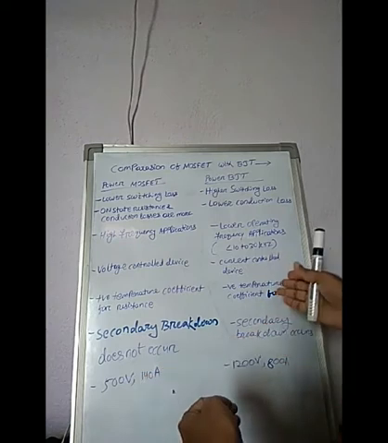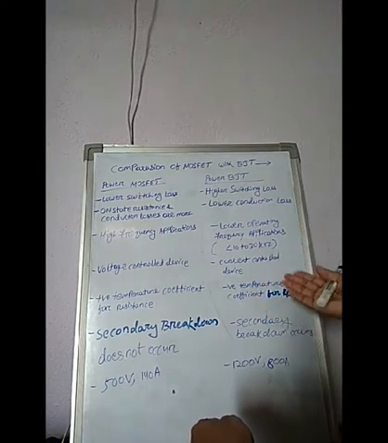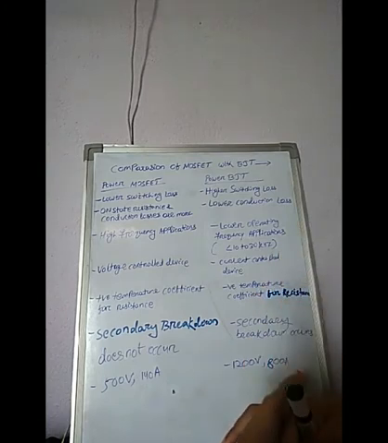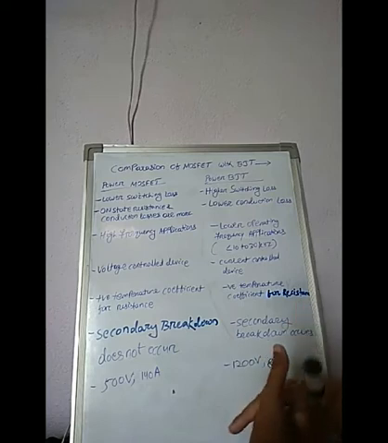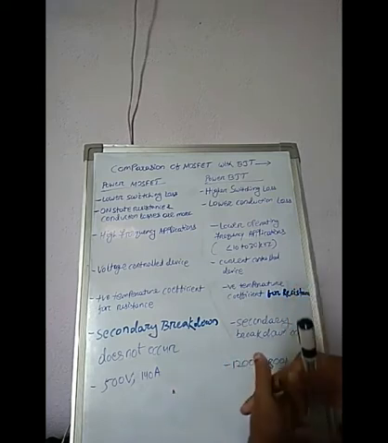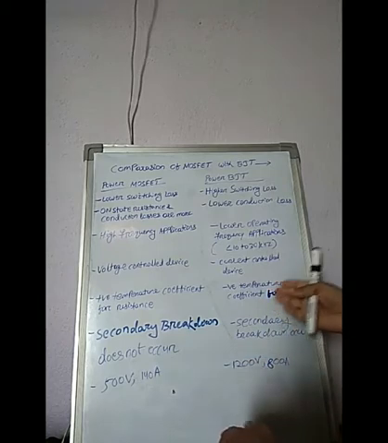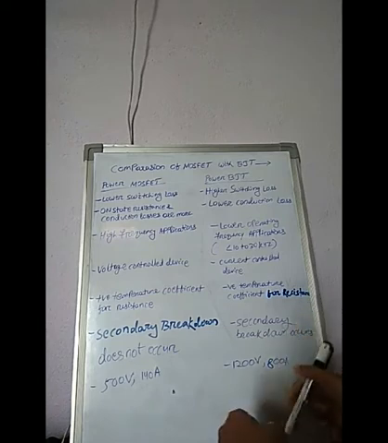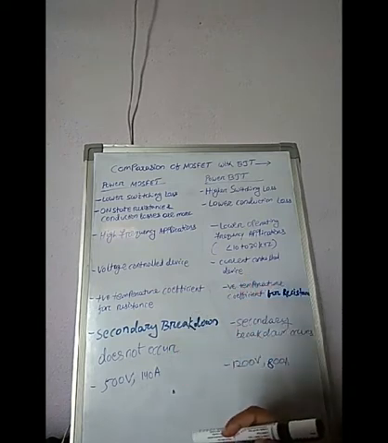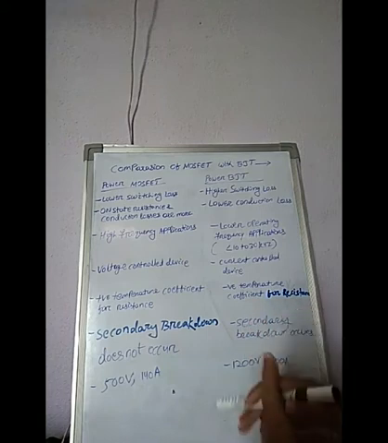But BJT has negative temperature coefficient. That means here, with the increase in the current, there is no rise in resistance. That's why here we have to use external current sharing resistors during the operation of this BJT. And due to this property, negative temperature coefficient for resistance, secondary breakdown occurs in BJT. But this secondary breakdown does not occur in MOSFET. So MOSFET is free from secondary breakdown, whereas BJT has a secondary breakdown region.